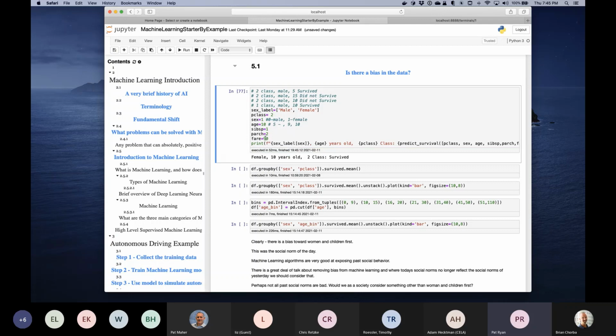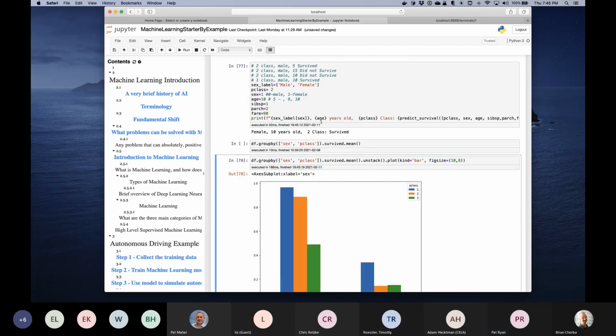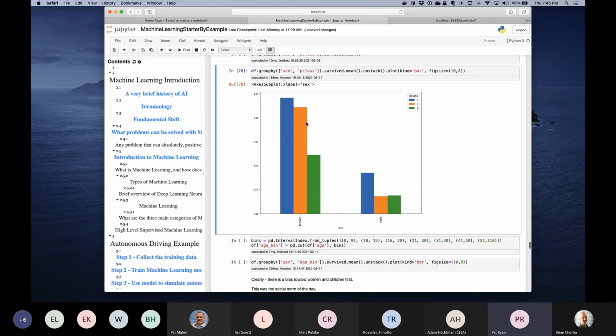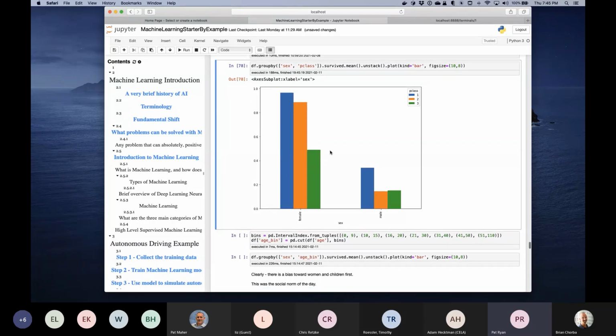So let's take a little deeper look at the data. And if we do a quick little analysis based on the passenger sex and the passenger class, we can see a couple things. One is that far more females survived than did males. And again, Pat, would you be willing to note, thank you, Pat. The graph? Thanks. Yes. So the graph I'm showing shows 3 bars for female on the left-hand side and 3 bars for male on the right-hand side.